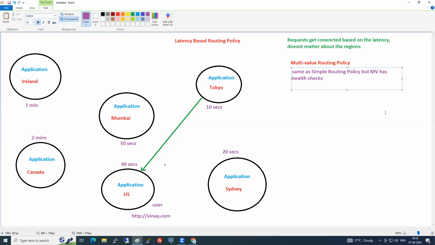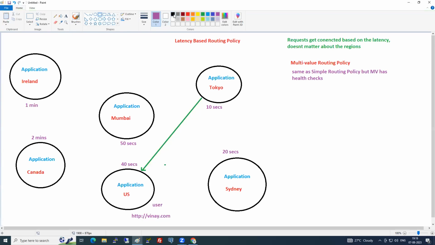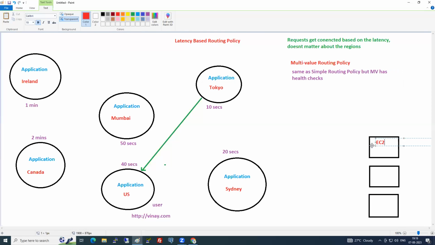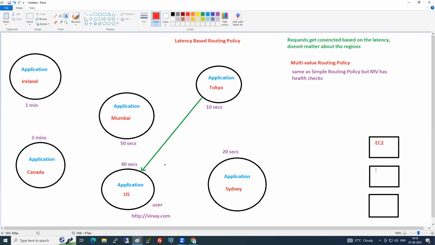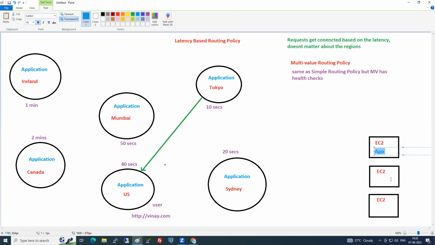Let's say, for example, you can take a load balancer or an EC2 instance, doesn't matter. I'm taking EC2 instances. EC2, EC2, and EC2, and each has the application inside it.